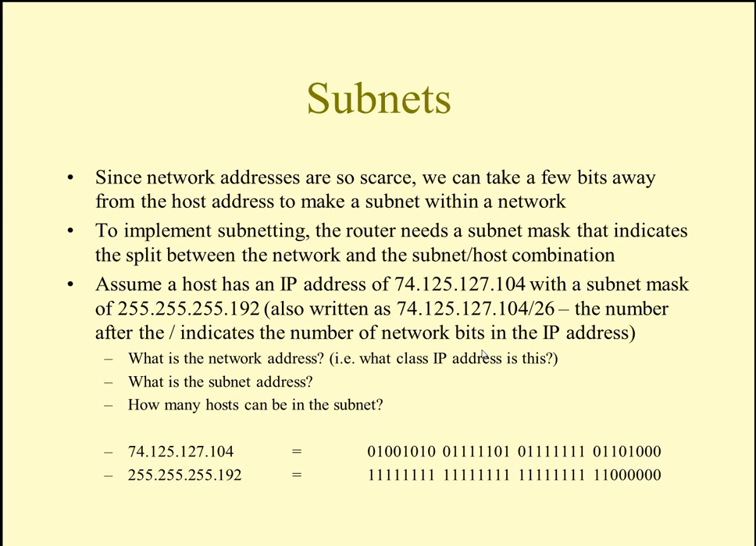So let's take a look here at this example that I have. Assume that a host has an IP address 74.125.127.104, and we have a subnet mask 255.255.255.192. We're going to write out both of these numbers. So here's the IP address down at the bottom, 74.125.127.104, and then the subnet mask, which is